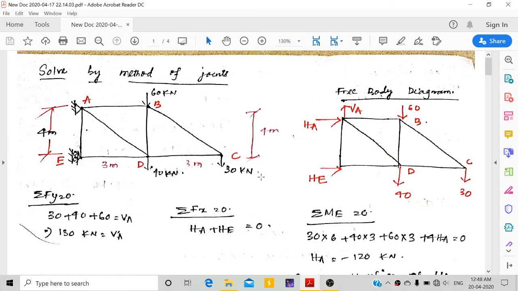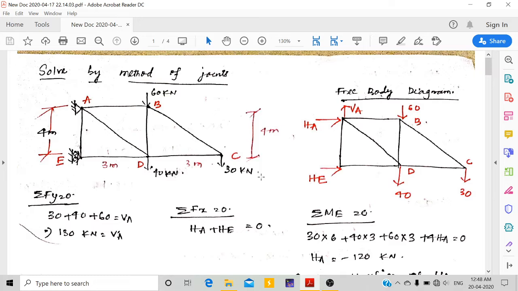Amir Ranjan Pandit, and in today's video we are going to see the two different methods of how to analyze truss members. So in this type of problem, the question can be asked like either you have to find the member forces or the nature of the forces, whether it is tensile or compressive in truss. And another method is our method of section, where it will be asking to find the magnitude of force and the nature of force in some particular members.